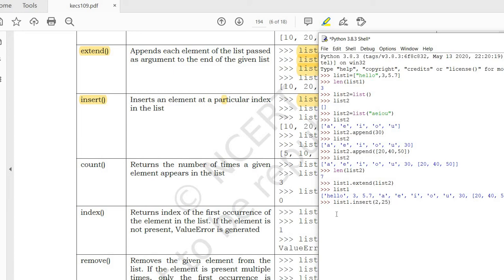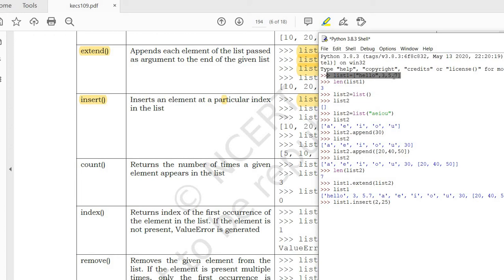So that means we are starting the index position from 0. So 0, 1 and 2. At the second position I am adding the value 25. What is my current list1? Hello, 3, 5.7. So here we can see that hello is the 0 position, 3 is the first position and 5.7 is the second position.